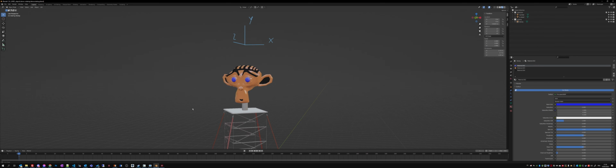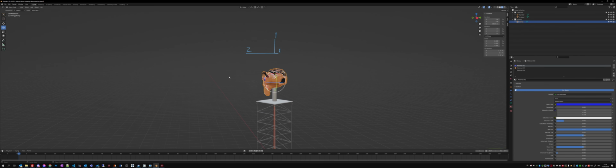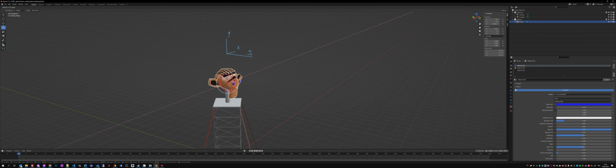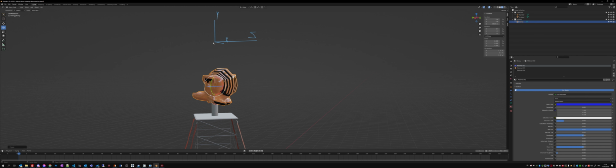It has been rotated, and how? Like this. So on the x axis, just because y is up.